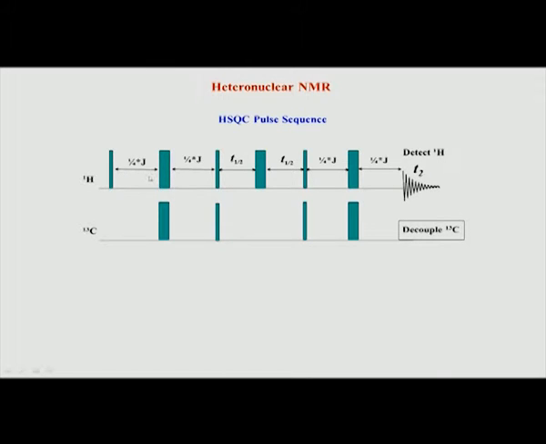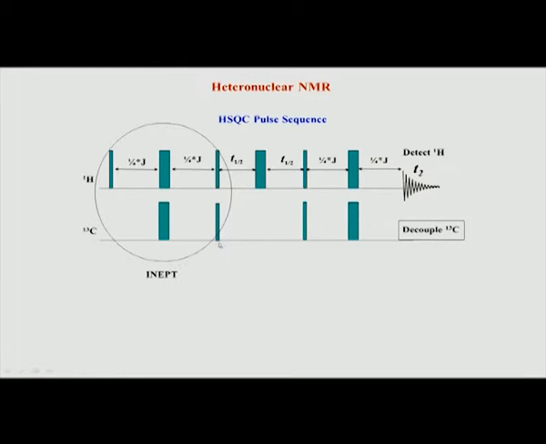Basically, the 2-dimensional HSQC experiment consists of a number of pulses applied like this, with a specific delay period in between. The first part of the sequence, this portion, we call INEPT. INEPT, which we saw in the last class, is a method to enhance the polarization of an insensitive nucleus, which is carbon here, by transferring it from proton. This is achieved using this particular series of pulses, this block, and we use the term INEPT block.